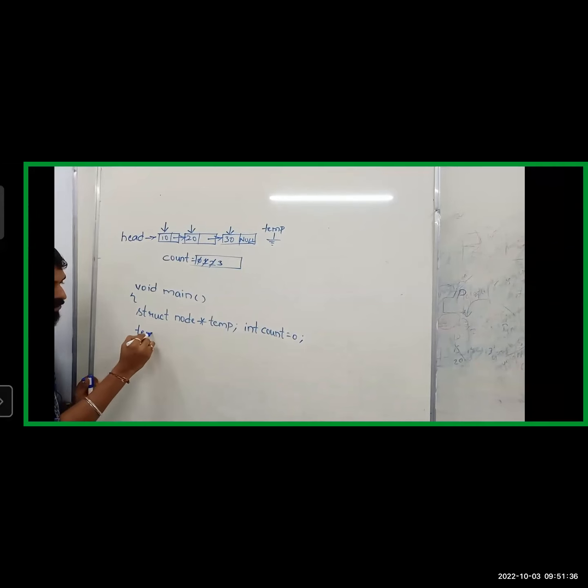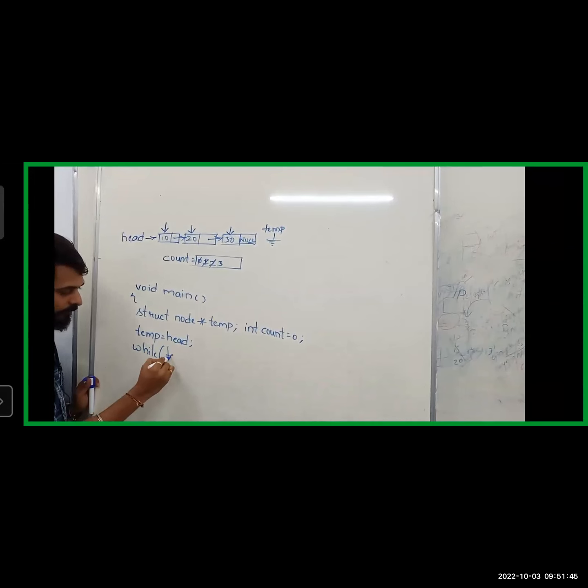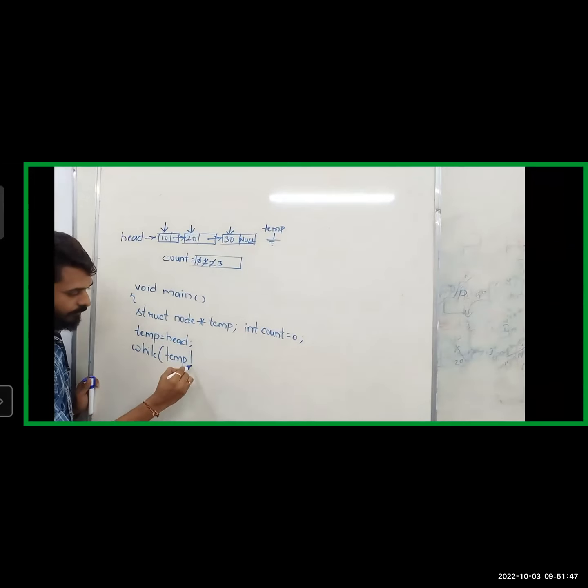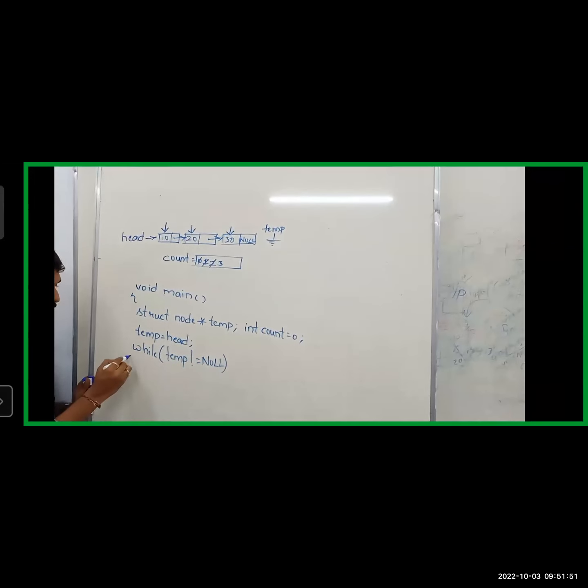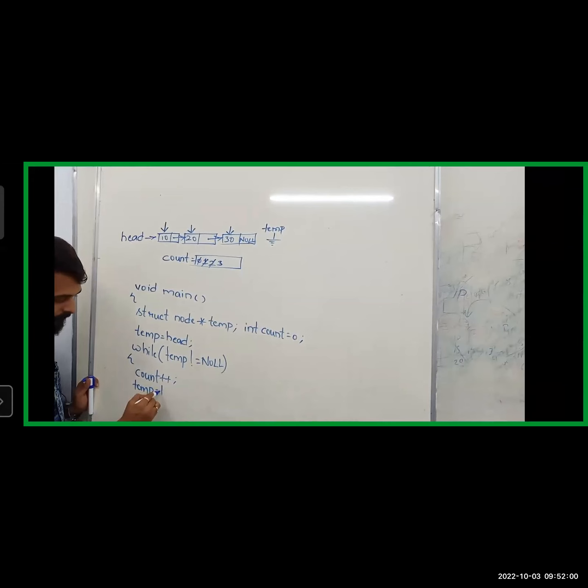Temp should be pointing to the same place where it is pointing. And while temp not equal to null, I should do one thing. What is that? Count plus plus, temp equals temp's link. Close this while and then